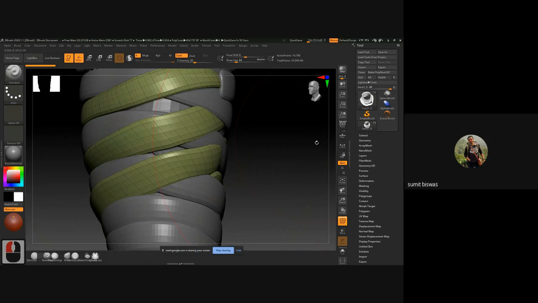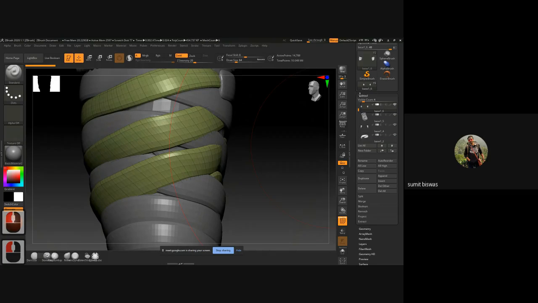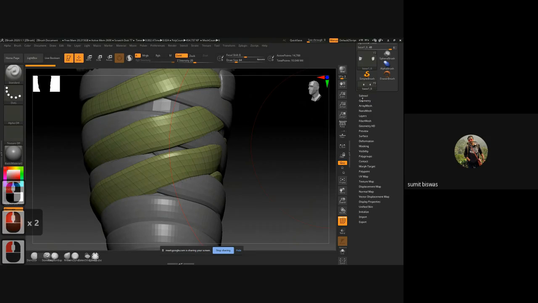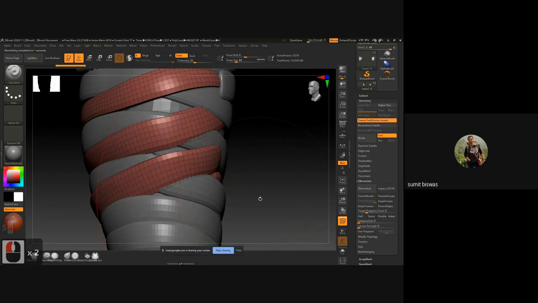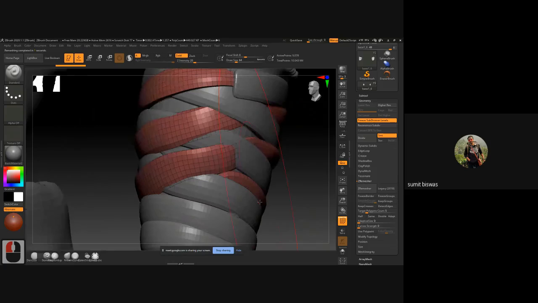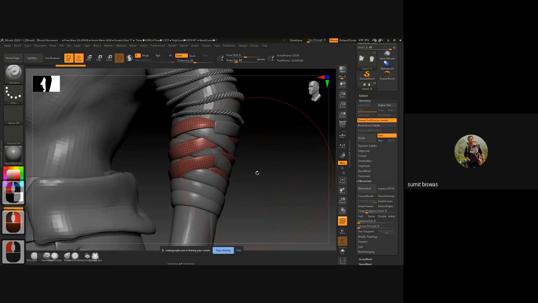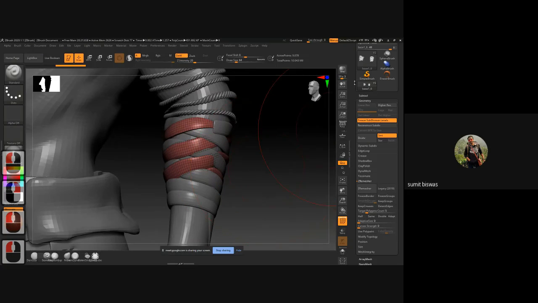So what I'll do is basically go to geometry, ZRemesher, and I'll just simply remesh it. Everything is square. So for using nanomesh, try to keep everything square. So I'll use this. Then now I'll create